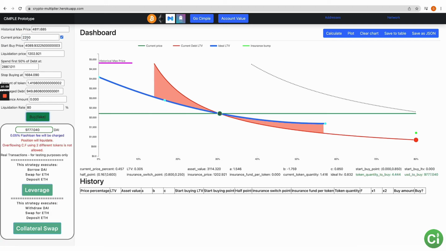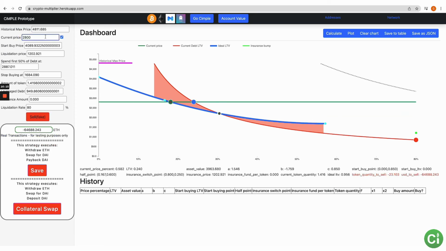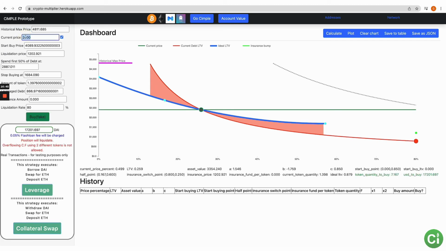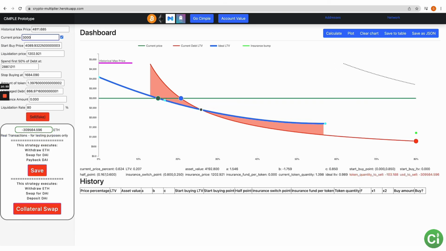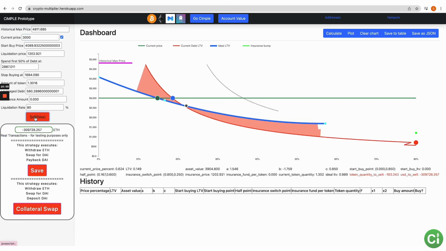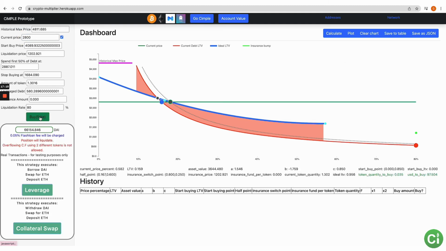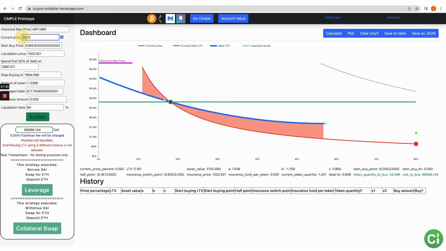Then let's say it starts to rally up and we get it to 2,800 again. So you end up selling a little bit at this 2,800. And then let's say the price goes back down to 2,400. Let's do a huge jump, let's go to 3,000 and put that in there. Let's say you sell at 3,000 and there's a lot of sell pressure at 3,000, and the price goes down to 2,800. So let's say you get one more buy-in right there, and then the price really starts to go up, let's say to 3,500.